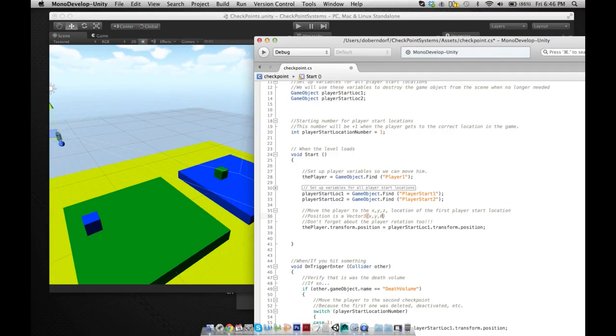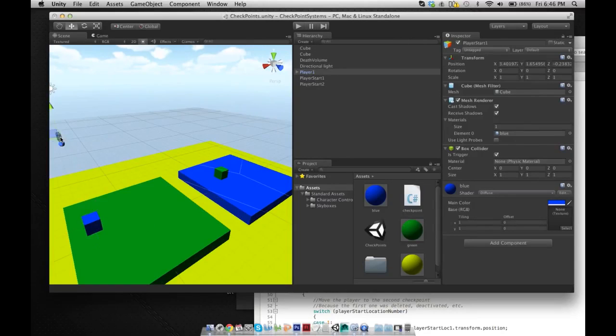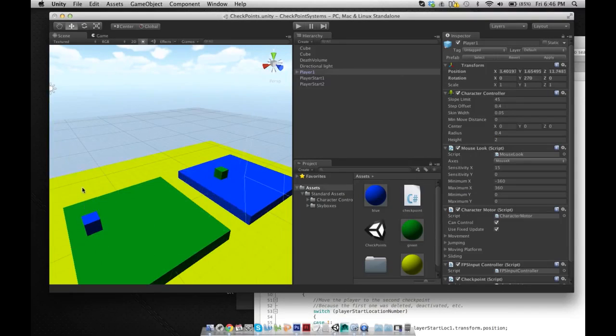X, Y, Z location, okay? We're going to be using all 3 because we are in 3D space in a 3D scene. So we want all 3 positions to be equal to the player start location 1 transform position, which is this guy. So we're saying player 1, move you over to where this blue guy is